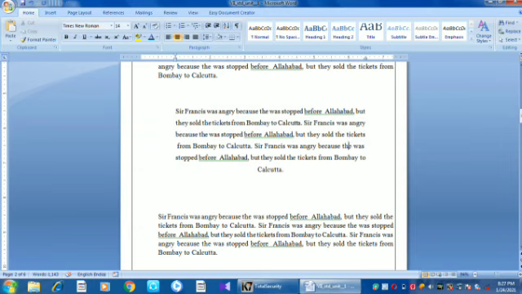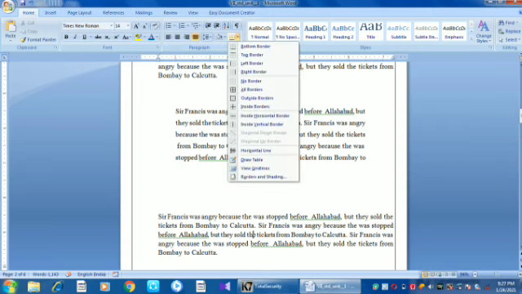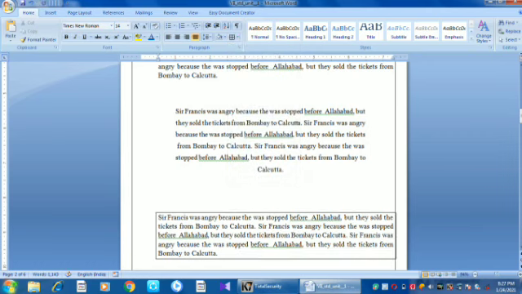The next one, borders and shading. We can select the area. Suppose we select this paragraph, then click the borders button in the paragraph group. This is the paragraph group, and this is the border button. Then select this arrow, and it will display all border options. Suppose we want all borders, we can select this, and the border will be displayed like this.